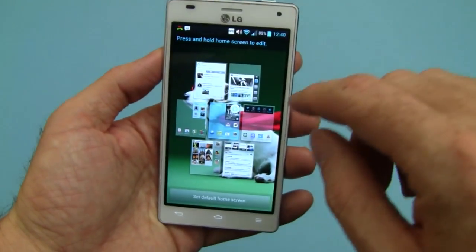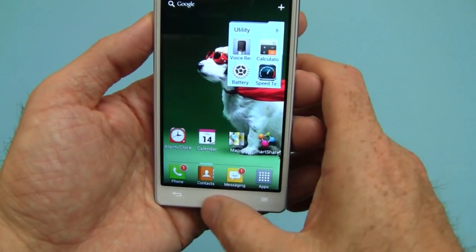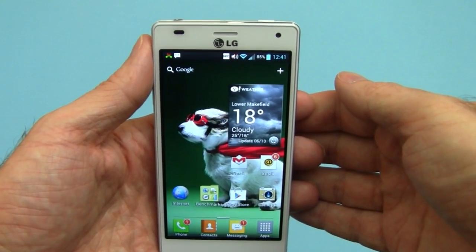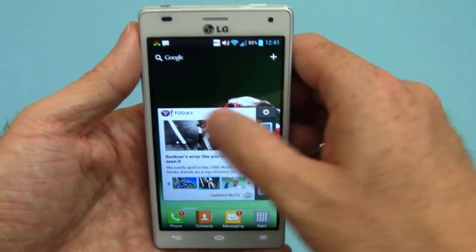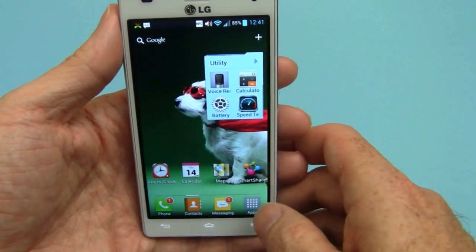Got the pinch gesture support on the home screen. Of course you can just hit home to get back to the main panel. So now let's take a look around what LG has done with Android 4.0 in terms of the user interface. See, decent looking transitions. Down at the bottom here we have the